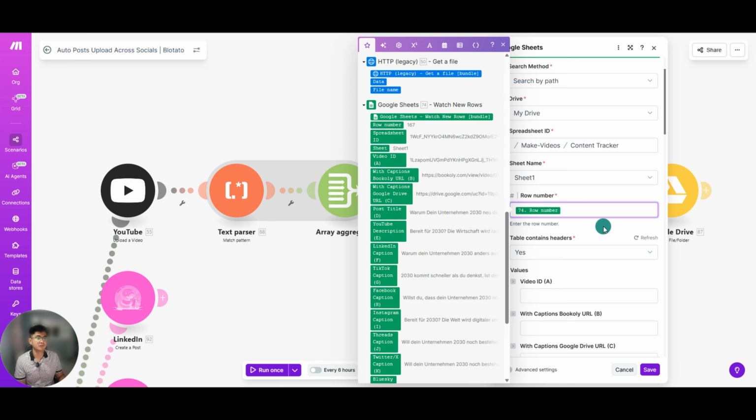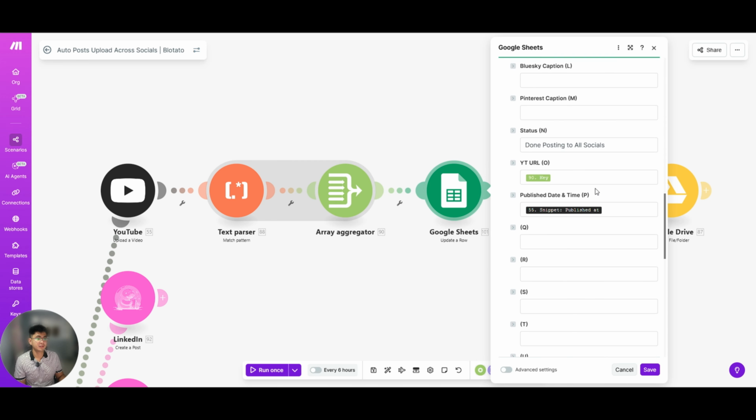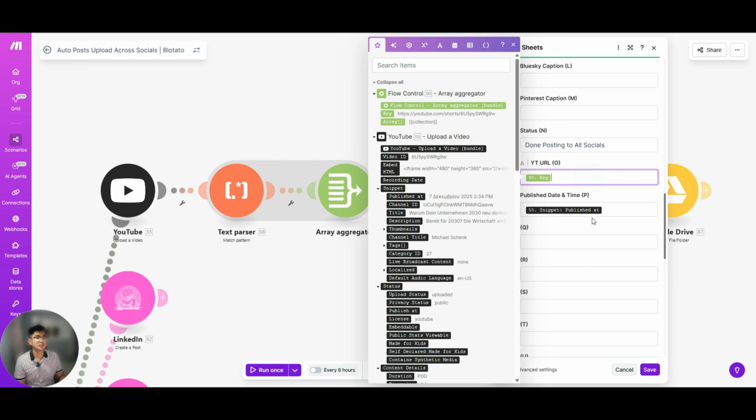So this is the row, and then paste the YouTube URL here from this array aggregator output. So you need to put the key variable here. So this is now the clean YouTube Shorts link.